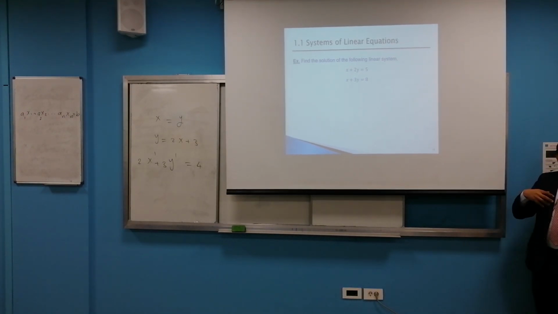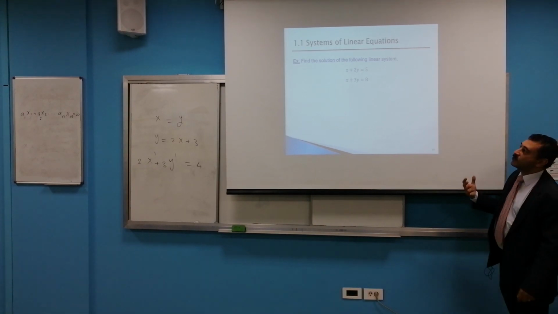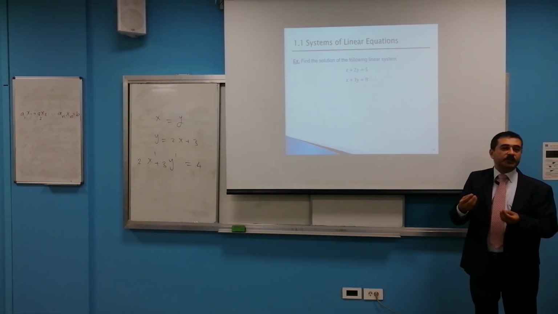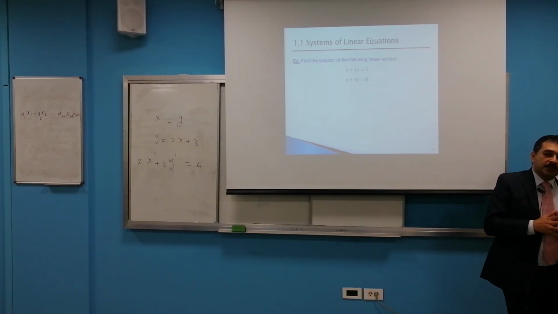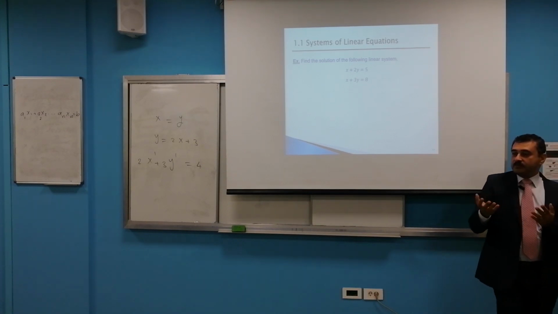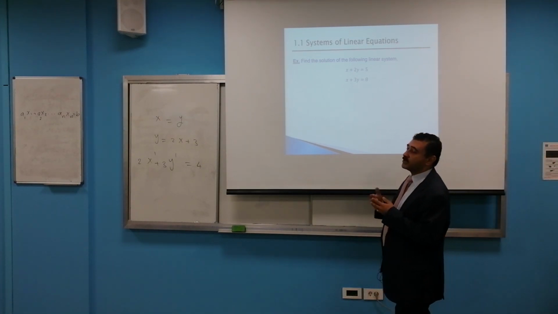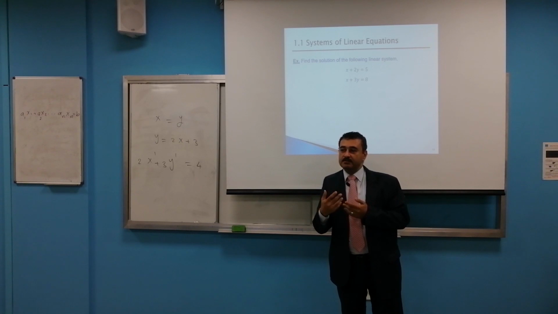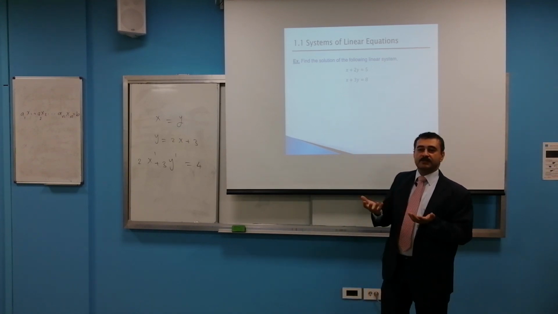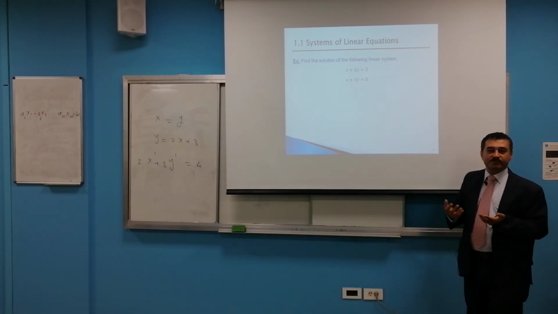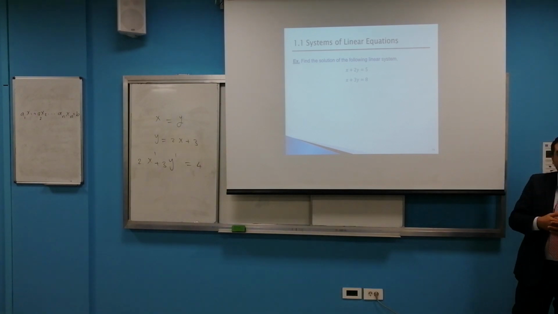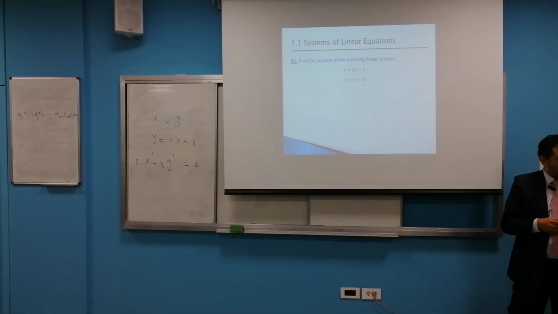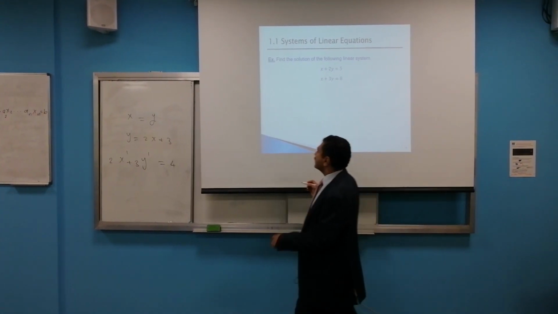Let's get back to the solution. How to solve a simple system of 2 equations in 2 unknowns. Let's remember how to solve this equation using, what? Elimination, for example. So you can eliminate one of the variables. You can subtract the 2 equations, for example. So you can have